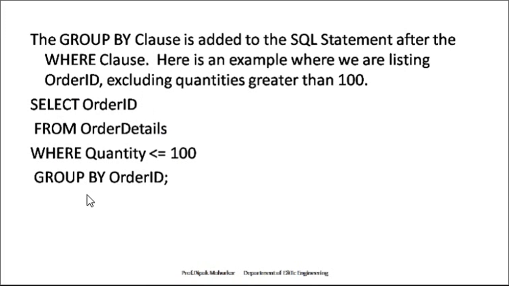See here, we are making groups. Whenever we separate the order details where the quantity is less than or equal to 100, those having quantity less than 100 make a separate group, and that group we can make by using the order ID. Separate and unique is your order ID, right? So in this way we can make groups.